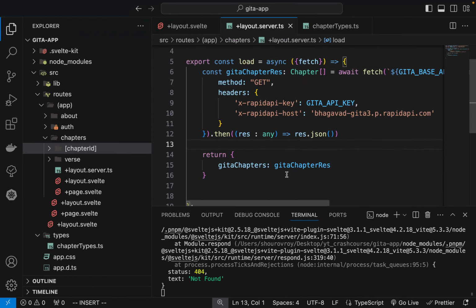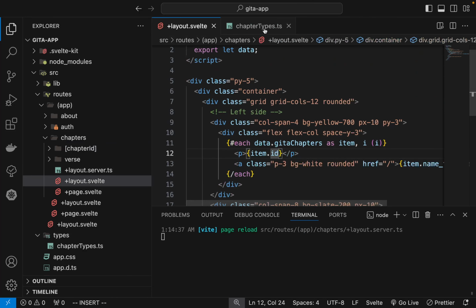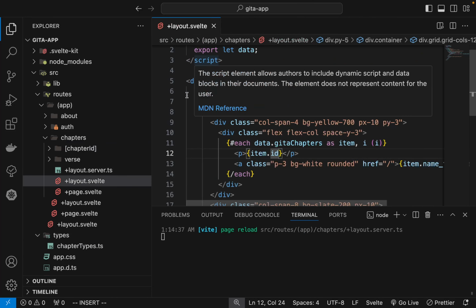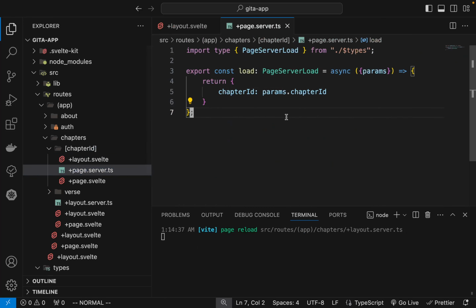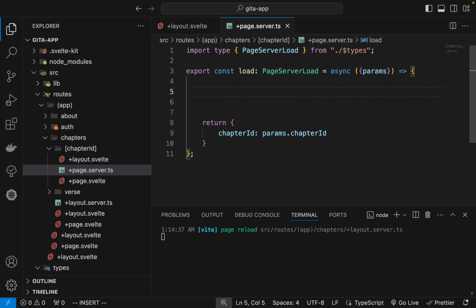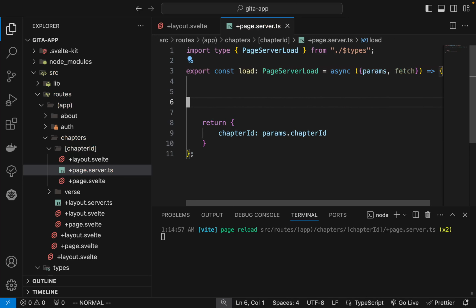Okay, now let's use our chapter ID, where we have the params. This ID is going to be very useful. So let's go fetch, with fetch,